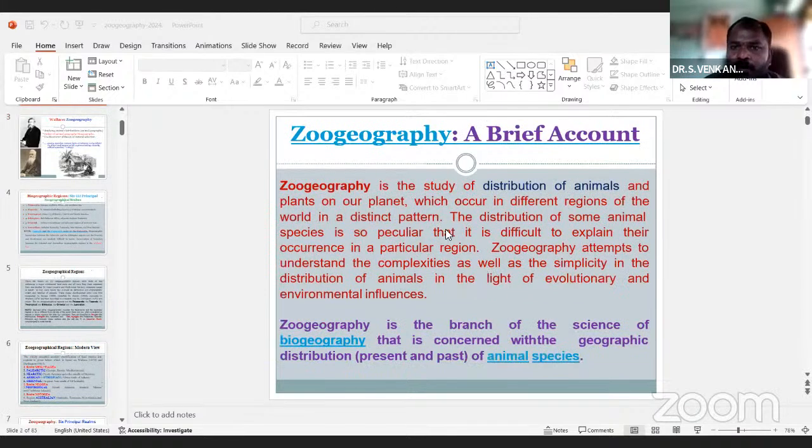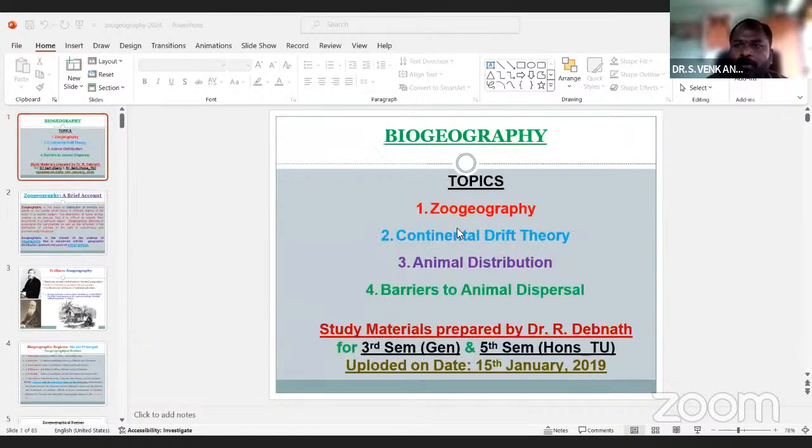Yes, so this is our complete syllabus. The PPTs cover biogeography and continental drift theory, animal distributions, and barriers to animal dispersal.